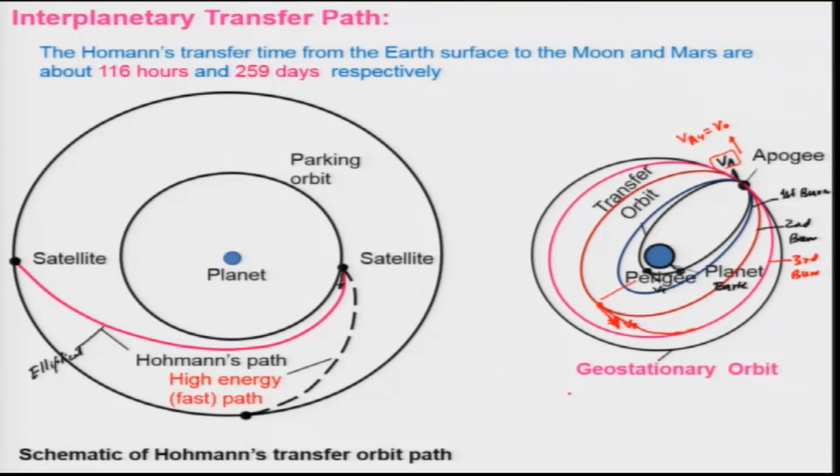So, various transfer paths can be devised and designed depending on the amount of energy available in your vehicle. Therefore, one has to look at what vehicle you will be designing, and that depends on the kind of propellant and the kind of engine being used. So, let us look at how we can reach the orbit.